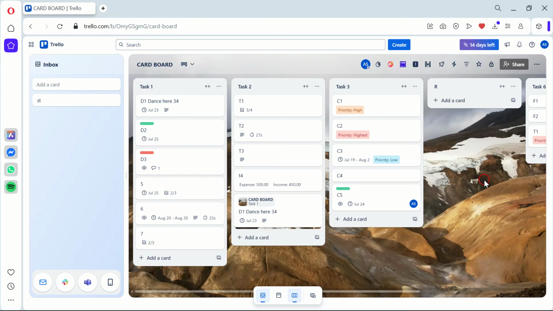And there you have it. In just a few easy steps, you've set up a Trello card reminder. So, next time you're juggling multiple tasks, you can rely on Trello to keep you on track and remind you